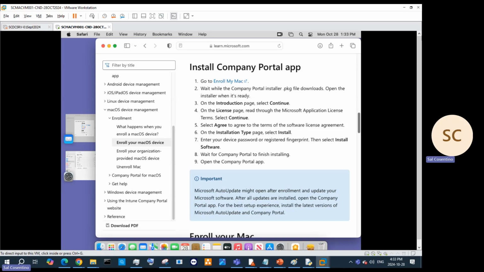So we run into hurdles, and to troubleshoot together is